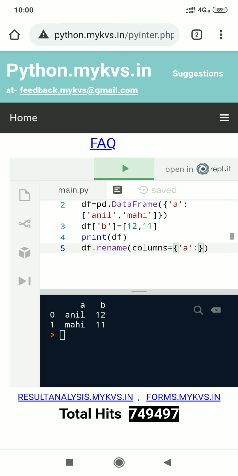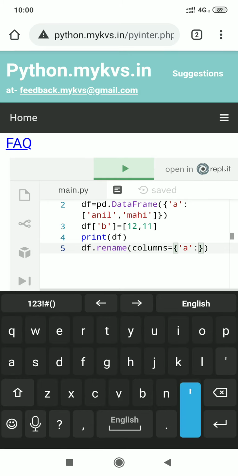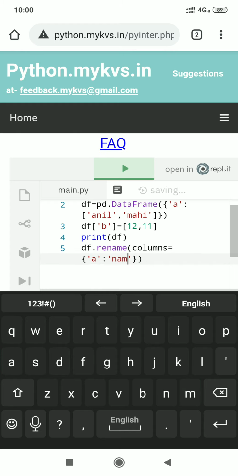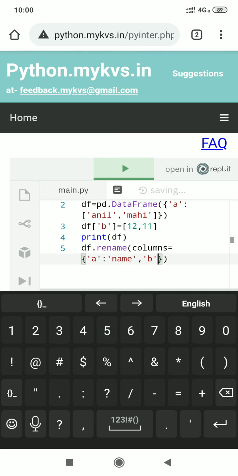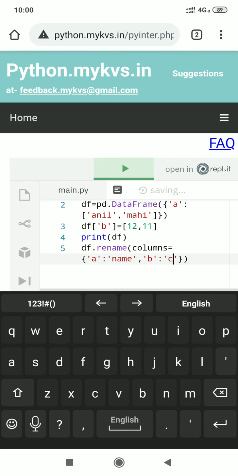A to name, then comma, next column name is B, and its value to be class.